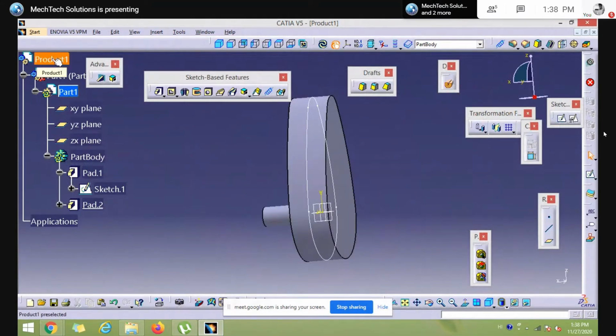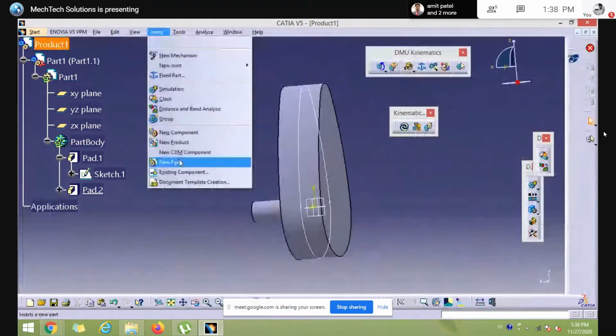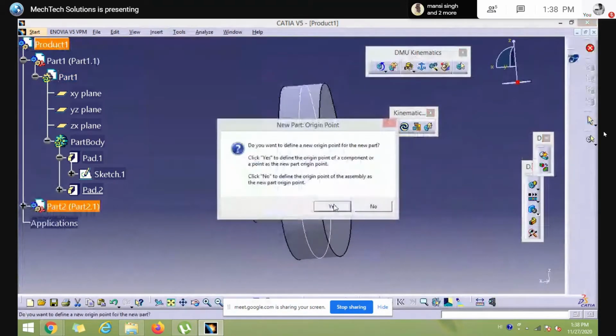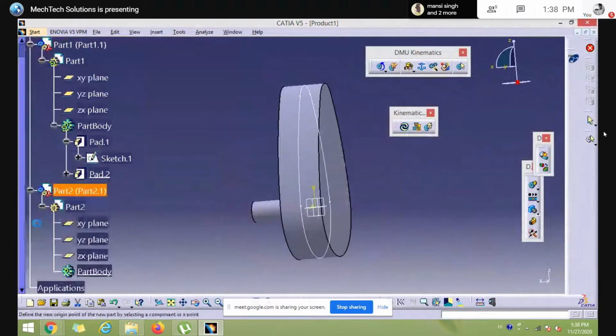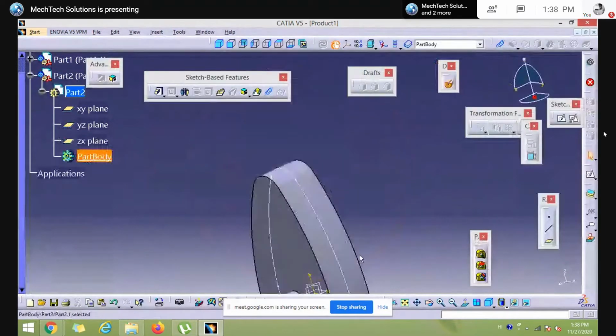To create the follower, just double click on product and click insert new part. Click on yes, and then click on the part body of the second part. Here I am going to create the follower.